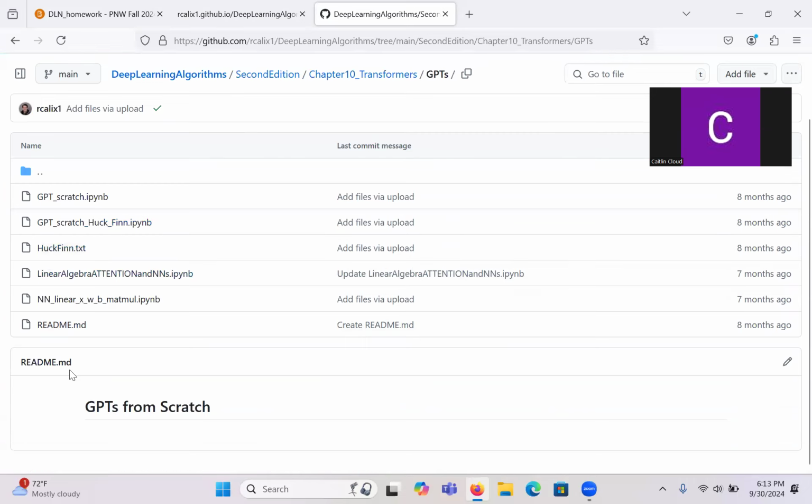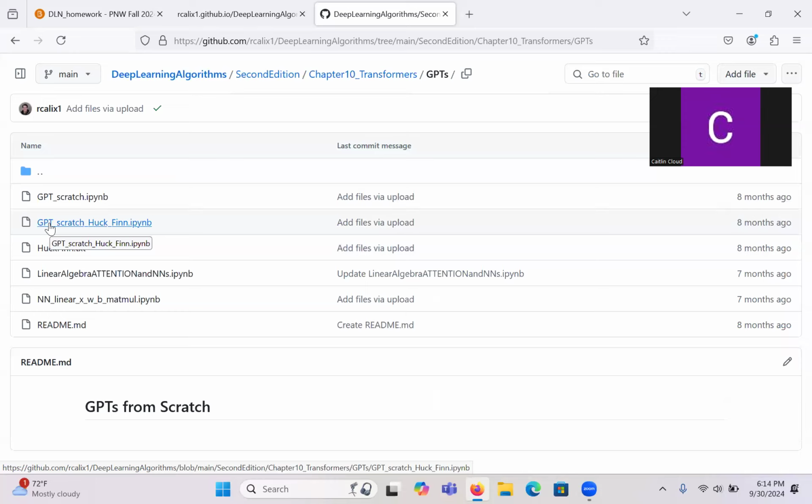There are several things going on here: the linear algebra, attention, and NN. We'll go over these a little later, but they're just intuition on how the attention mechanism works. Really, this Jupyter notebook is what we're going to focus on. Just like in previous examples, we're going to go over all the code of the GPT. Keep in mind, we'll go slowly. It's difficult for me to tell you everything about every single part, since it's quite involved, and my goal is that we understand every single part of it.